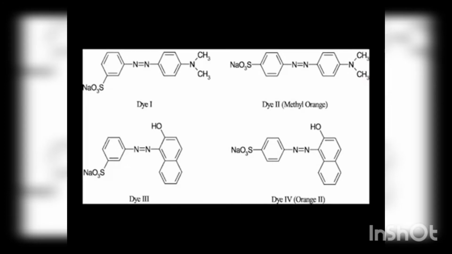The silk industry makes extensive use of acid dyes and reactive dyes, and modern dyeing methods help produce very bright